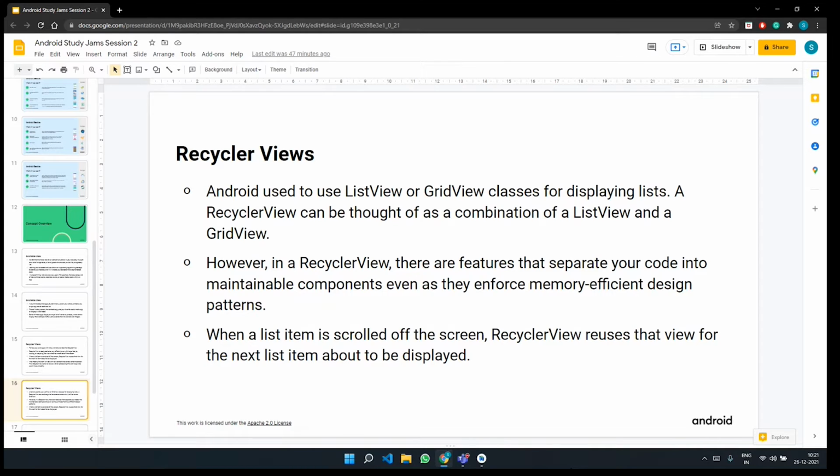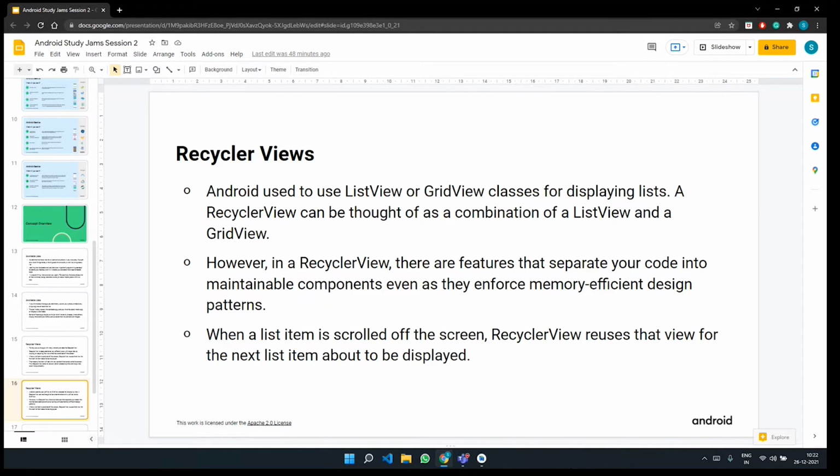List view is to view the list that you want to display, and grid view displays it in a grid fashion. Once this list view and grid view is set up, and once you scroll, the older grid view that you used before is recycled and comes back to the front of the screen. So that is about RecyclerViews. That's how RecyclerViews work.